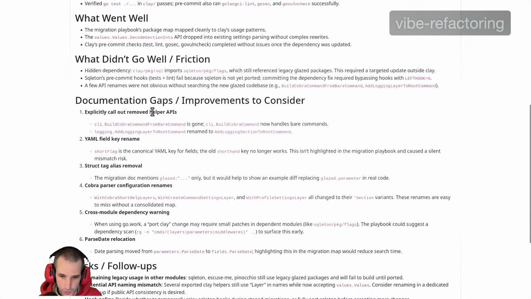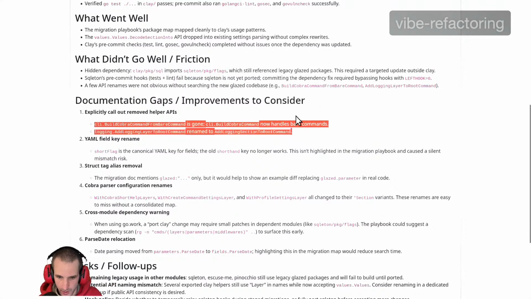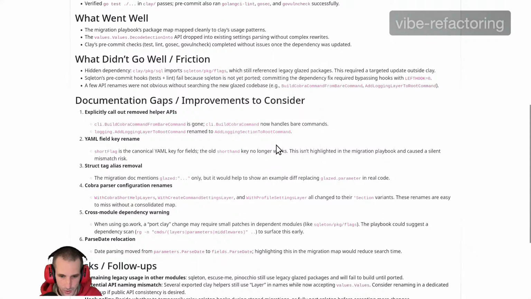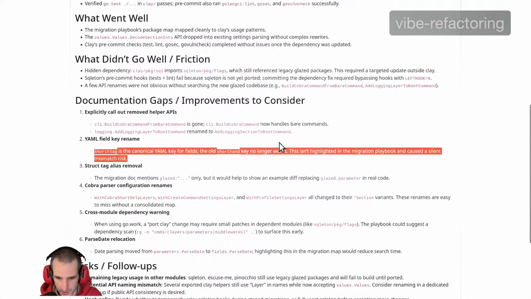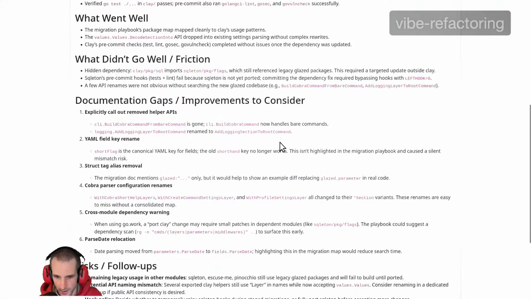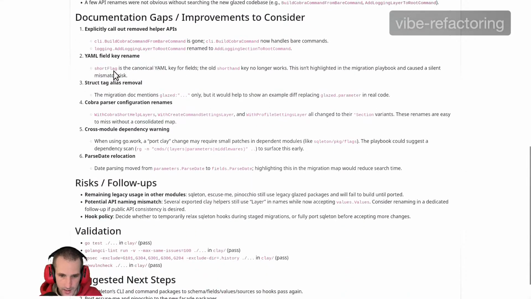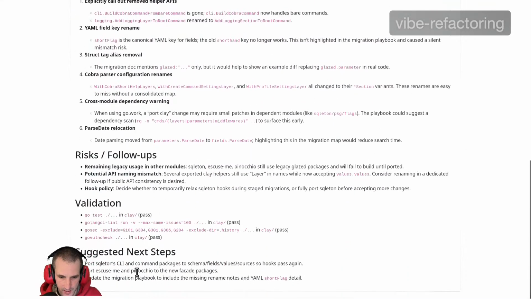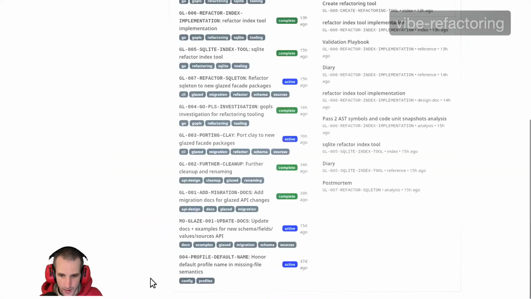And then I asked it to do a postmortem to basically say, hey, what did you struggle with in your agent loop? What did you have to repeatedly do until it worked? So that we can update the skill, right? So it's this kind of self-healing process. And here it proposed a couple of changes, and then I upgraded the migration playbook, and I moved on to actually